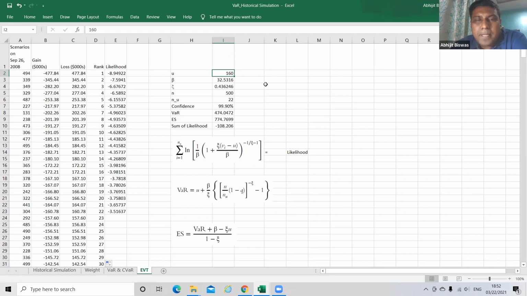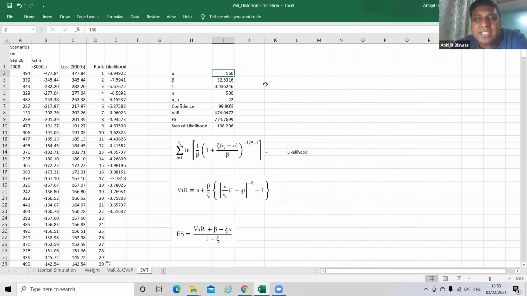Okay, done. Now what is this U? U is known as the threshold loss. It depends on the management to decide what they consider as the threshold for segregating the loss numbers into extreme loss or normal loss, right?